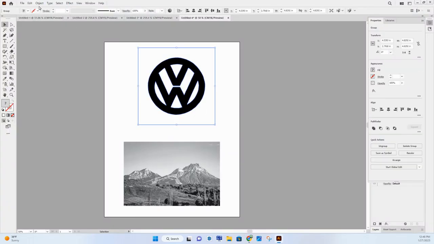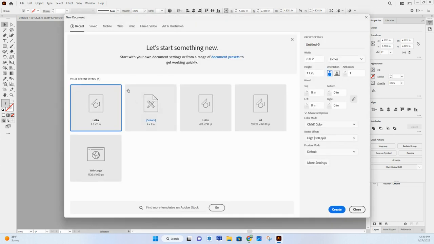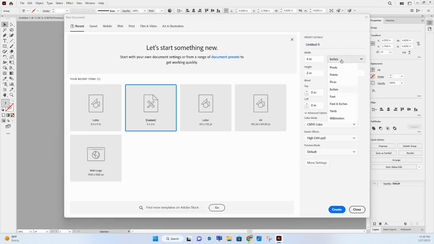So I'll create a new document here. The easiest thing to do is create a custom template, make the width whatever it is, change that number to 4 inches and the height to 2. Now, if you want to do something a little different, a little bit bigger, a little bit smaller, an organic shape, that's fine. But try to keep it within that size. The size of a keychain typically isn't bigger than that. And our units are going to be in inches. So once you set this up, the width is 4, the height is 2, the dimensions are in inches,